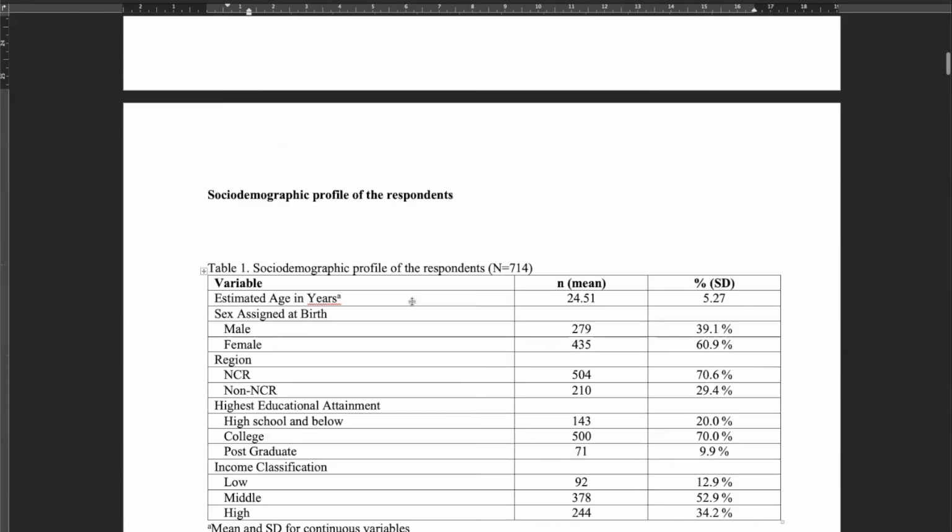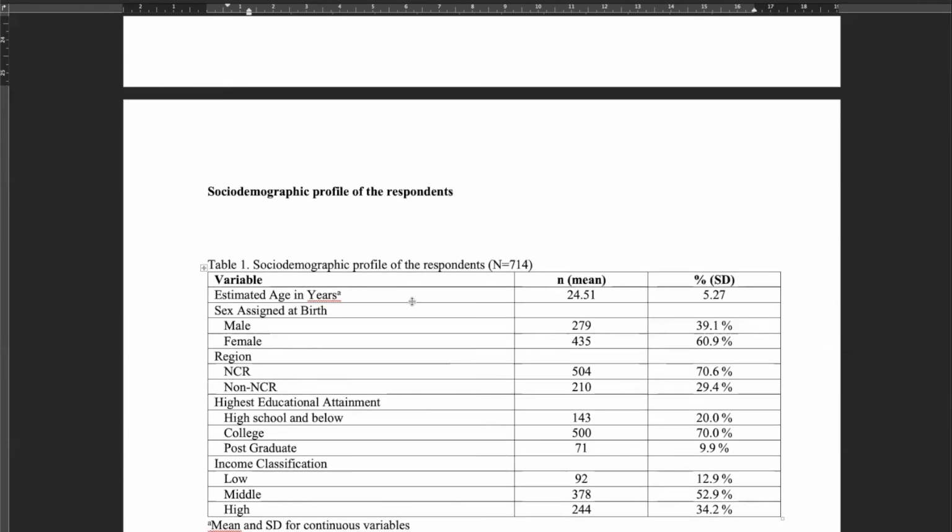So let's start first with the demographic profile that we have collected in this study. So here are the findings based on what we got from Jamovi. Remember, you don't just copy paste what is found in Jamovi. You're just going to include the values that are pertinent to answering the research questions. And in this case, we have frequency and percentage for categorical or dichotomous variables, and then we have mean and SD for